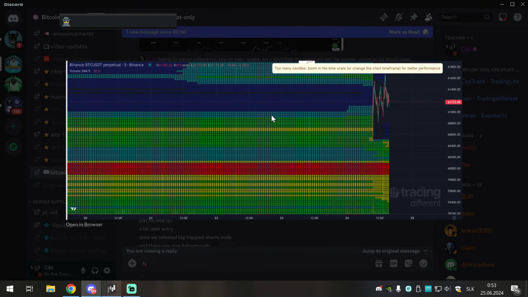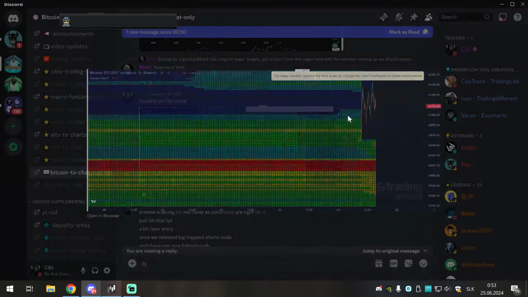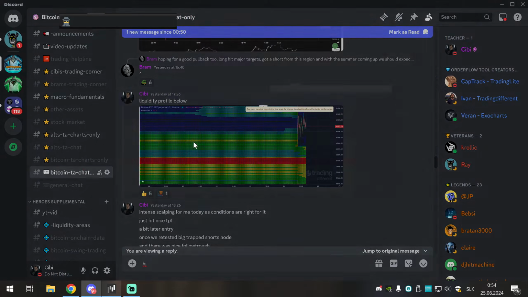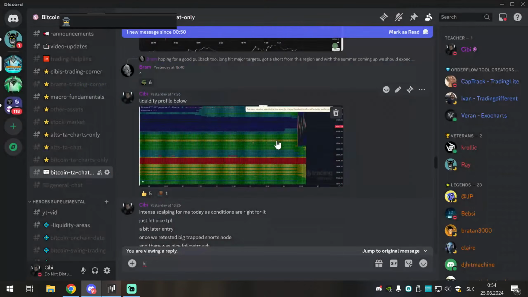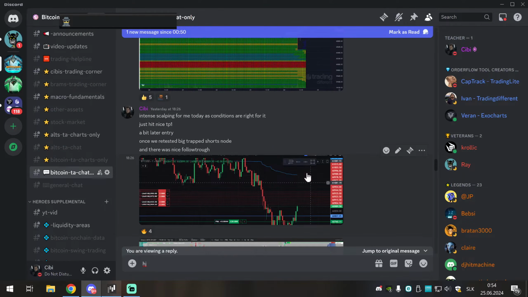Now I'm posting the liquidity profiles below because market was looking not so strong. So we needed to be aware of what is possible. We know there is massive liquidity below 60,000. It's because we have key high 61,102. We had swing failure pattern there, and also people generally will place stop losses behind the 60,000. It's psychological. They expect to be protected, but now Bitcoin loves to run liquidity, so no, definitely no protections.